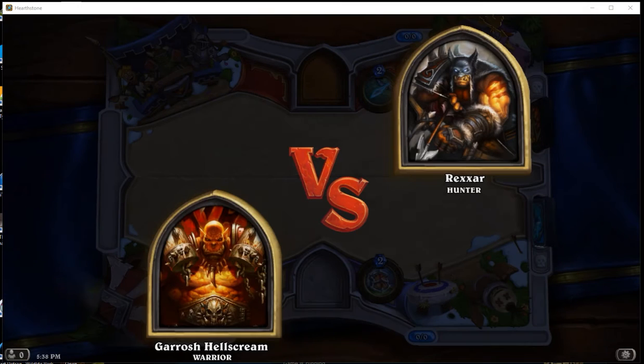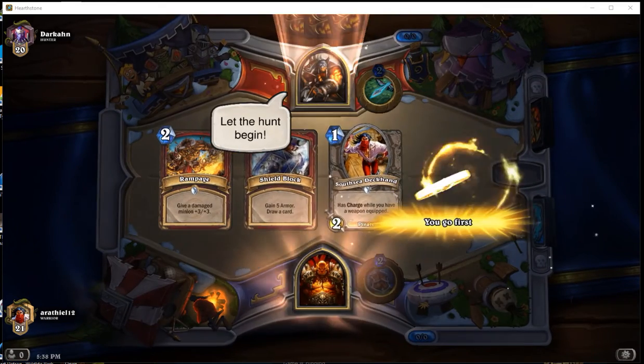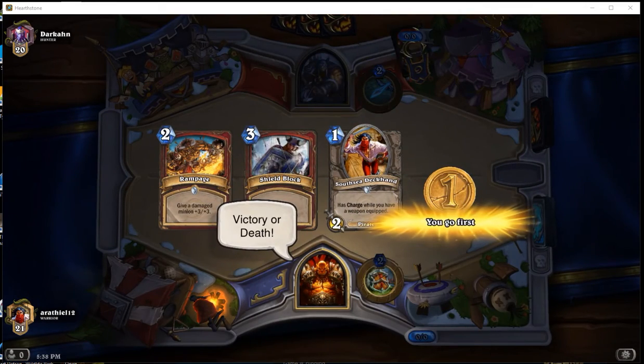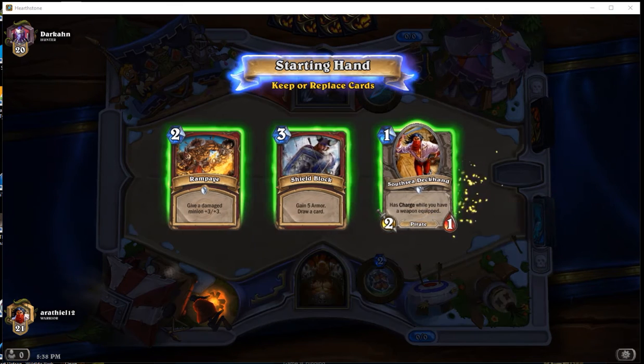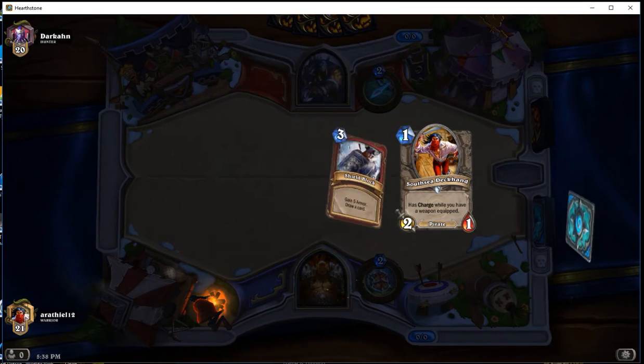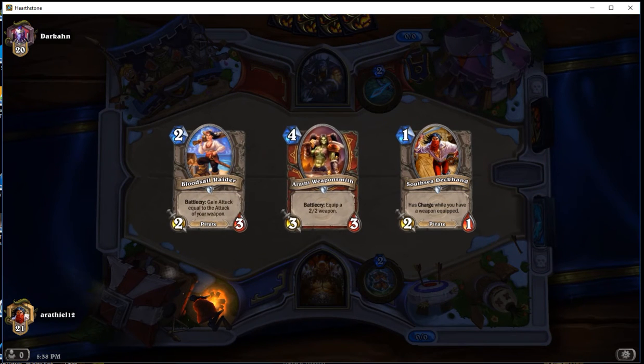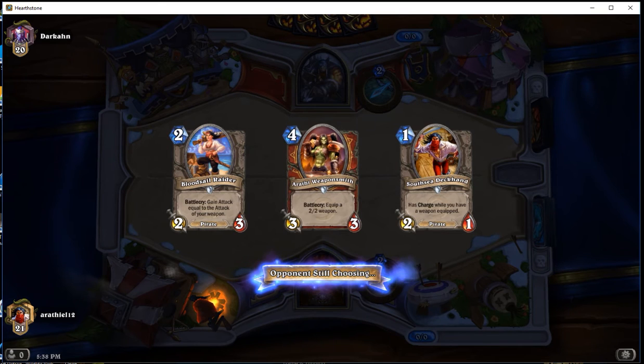Alright, what do we got? We're going up against a hunter. Versus Rexxar! Let the hunt begin. Okay. Victory! I will keep the South Sea Deckhand. Not the greatest, but it's not like I'm playing a mage or anything, so I don't have to worry about him getting rid of it on turn 1. I would have liked an N'Zoth pirate, but this will have to do for now. I mean, we could get it on the draw. That could also happen, but